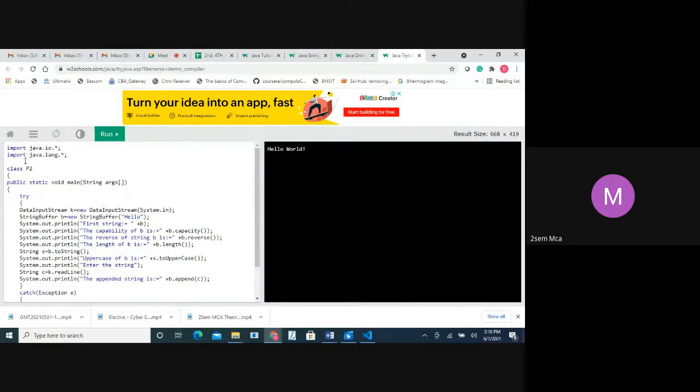So import. Why do we require import? Why should we use import statements in the program? To import the required libraries. Yes, whenever we want some inbuilt functions or inbuilt methods, we use import. Again, in import, we want input output.